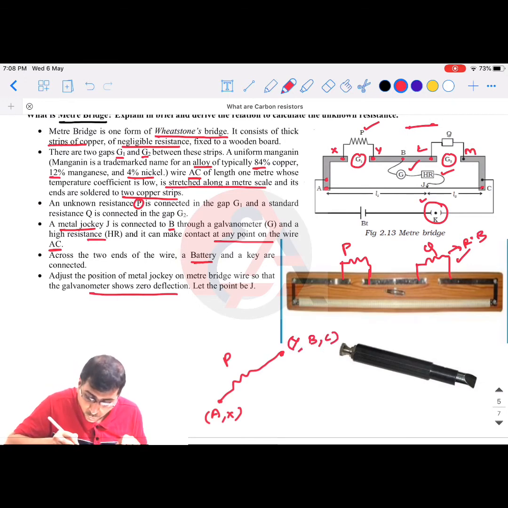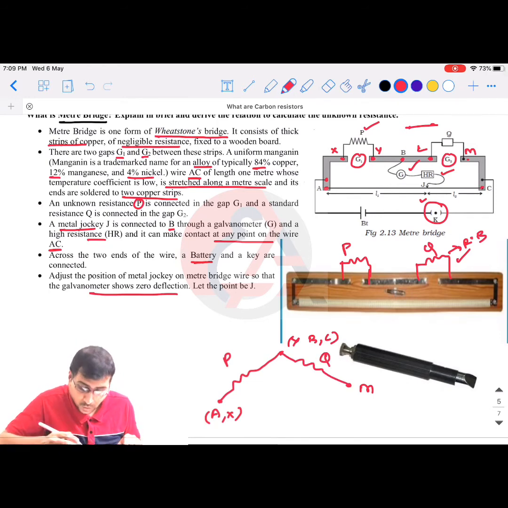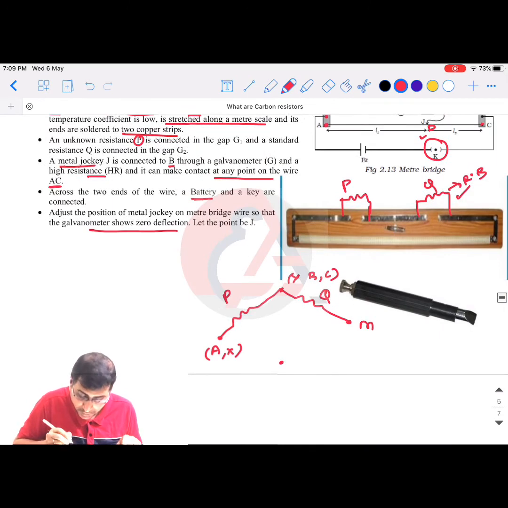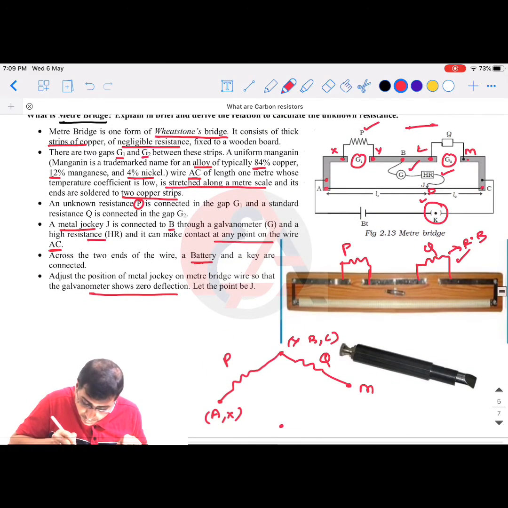So from point Y, it is connected to point M. So observe. Since I told you Y, B and L are at the same potential, L and M are connected with the help of a resistance, right? So L and M are connected with a resistance Q. Now what is happening between points A, C? Let me take this point as D. So if I introduce another point D here,